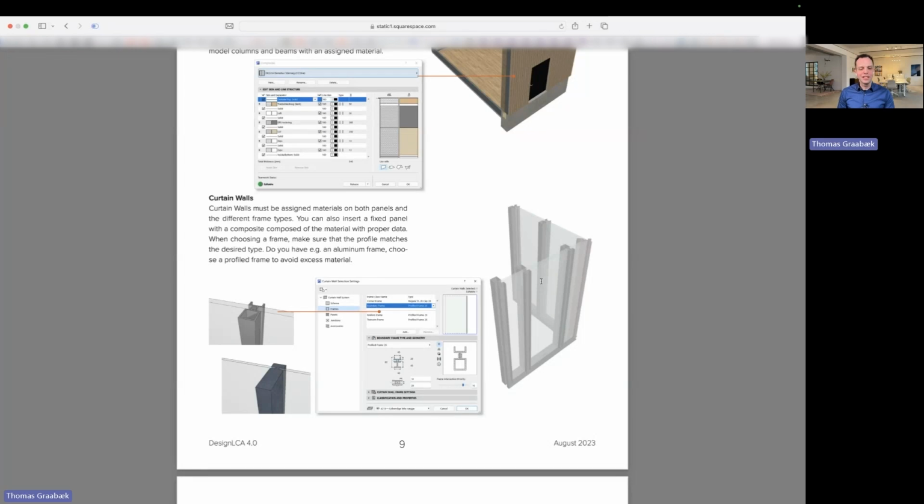aluminium, and that will make the heat go directly through the facade. So you need a lot more heating, but it will also have a huge CO2 footprint from all the aluminum. So what you should do is change for this hollow framing, or even better, draw your own if you have a specific frame for the curtain wall you need.